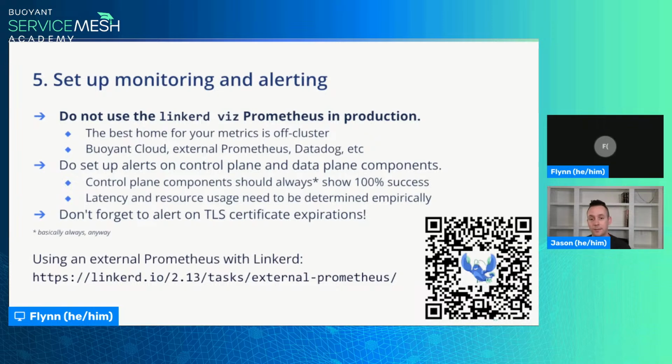So you need to have alerting configured for your control plane and data plane resources, especially if Linkerd processes are being killed, or if your success rates drop below a certain percentage. As he says in the slides, we're shooting for 100% basically all the time for the core Linkerd components. You want to make sure that your certificates are being monitored for when they're going to expire. Even if you're using something like Cert Manager, which we'll talk about later, to rotate your certificates, you want to check that the rotation is occurring when it's supposed to, because it's really unfortunate to take an outage related to that.